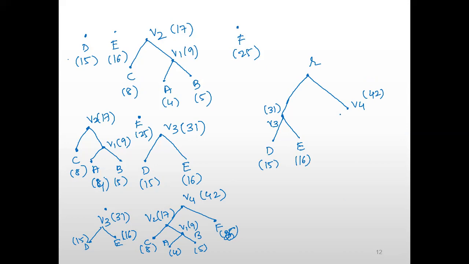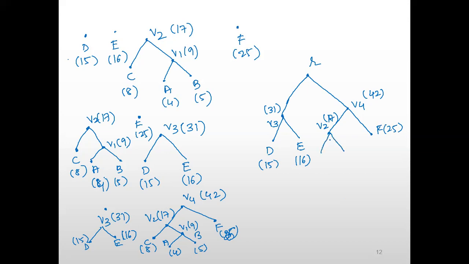Whereas V4 is having the structure retained, that is, here it is V2 with the weight 17, and here it is F with the weight 25, and again